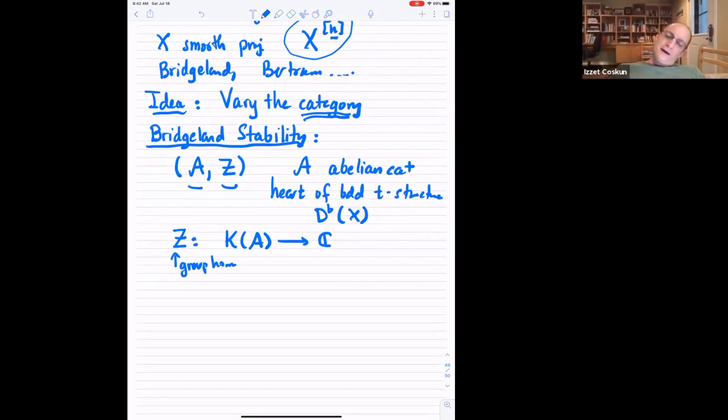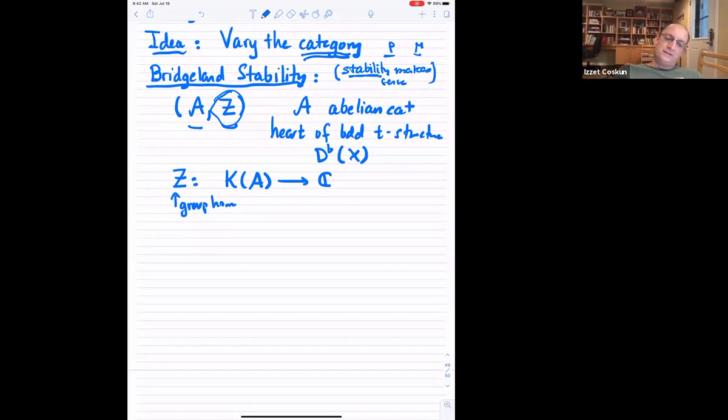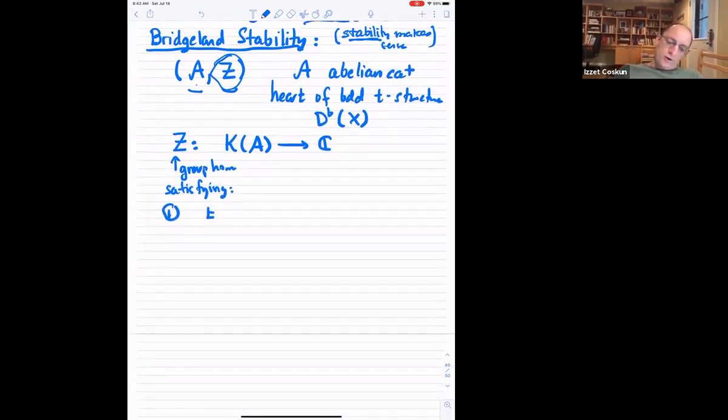So now what are some of the properties? And here the way you should think about it is we need to build a theory for which stability makes sense. And the way you should think about it is that this Z is going to take the place of the stability things that we talked about, like the reduced Hilbert polynomial or the slope, okay? So now what are the conditions? It's a pair, I have an abelian category together with a group homomorphism satisfying a bunch of conditions. The first condition is that if you have a non-zero object in this A,